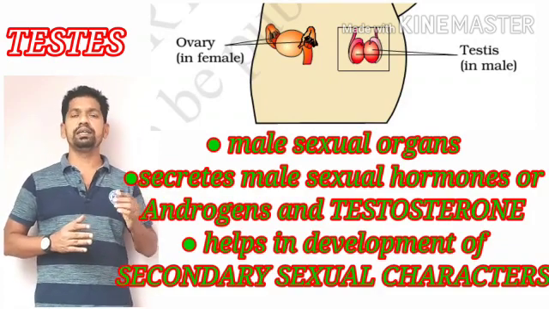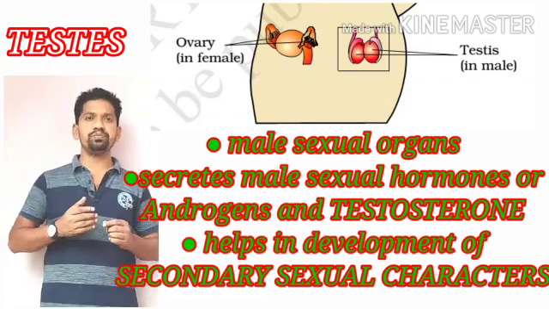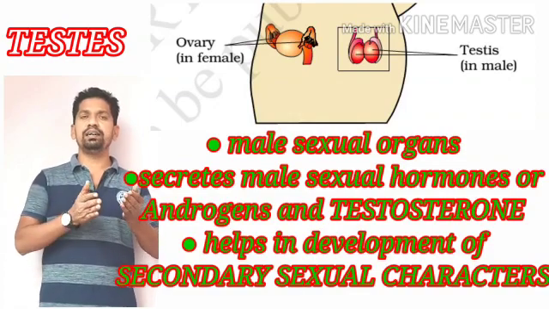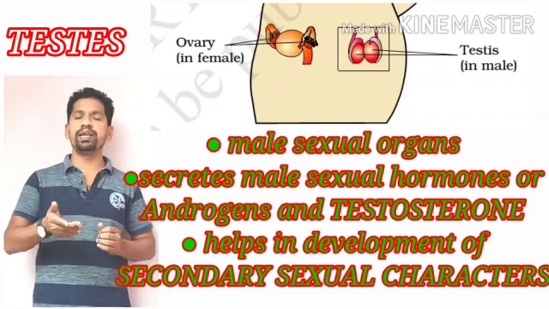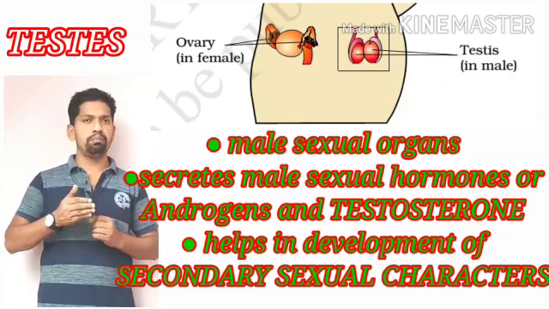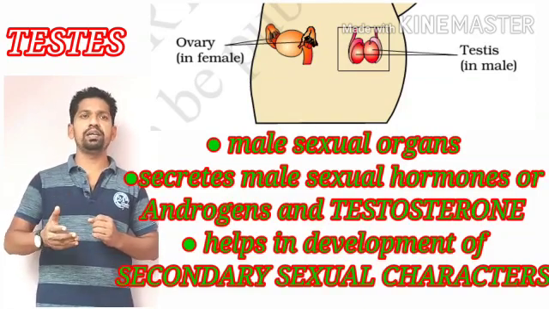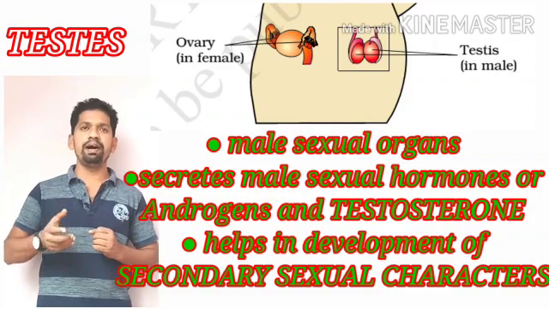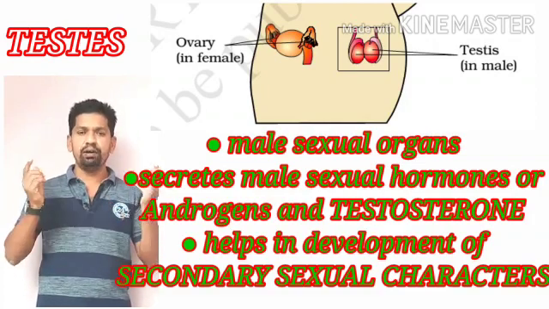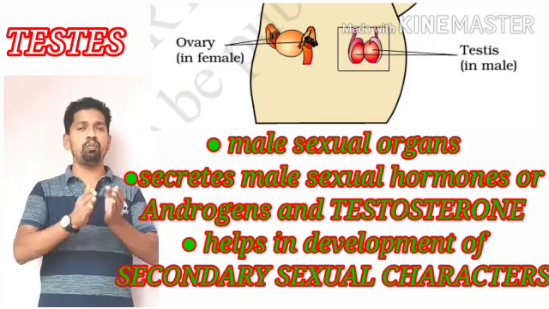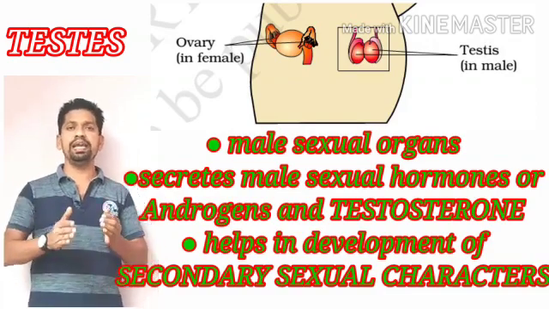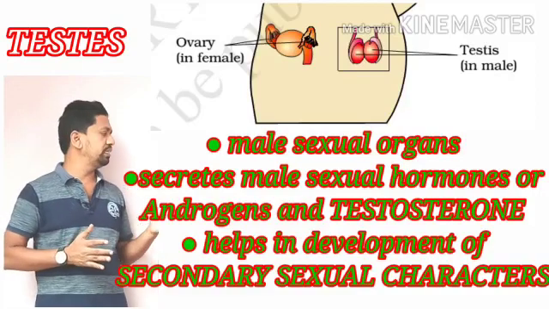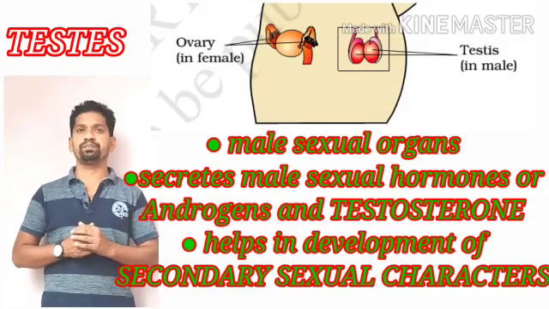So in boys in the adolescence age, to maintain the secondary sexual characters like male voice, so means low pitch voice, mustache, beard, high growth in the limbs and muscles, sexual desires, and all these are known as secondary sexual characters in boys, which are completely controlled by the male sexual hormone known as testosterone.